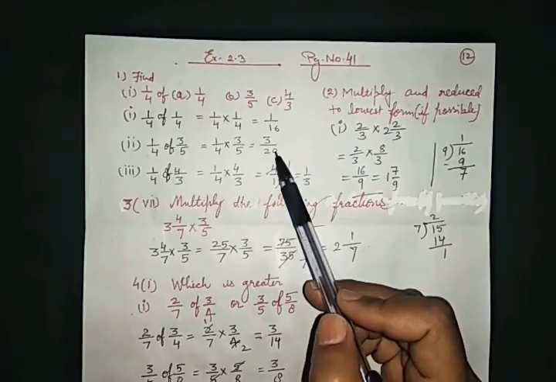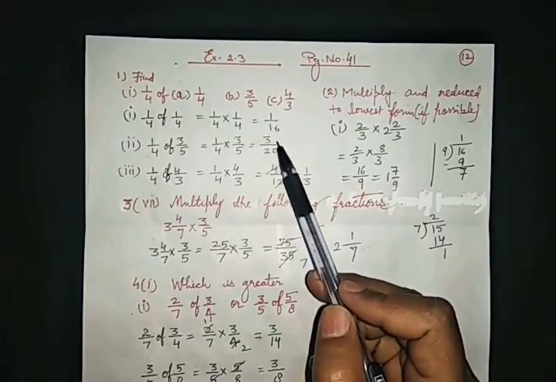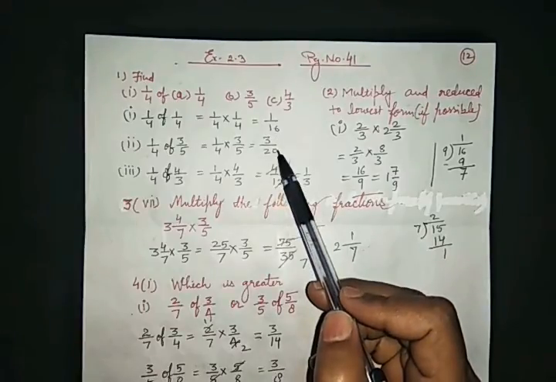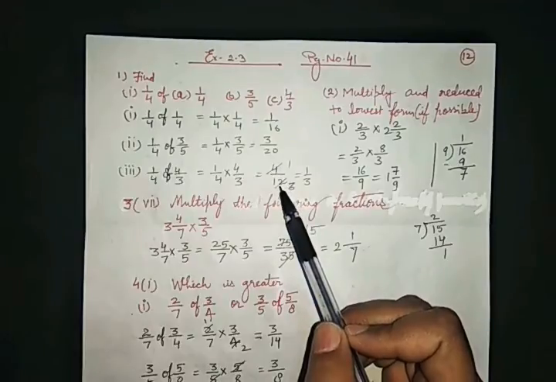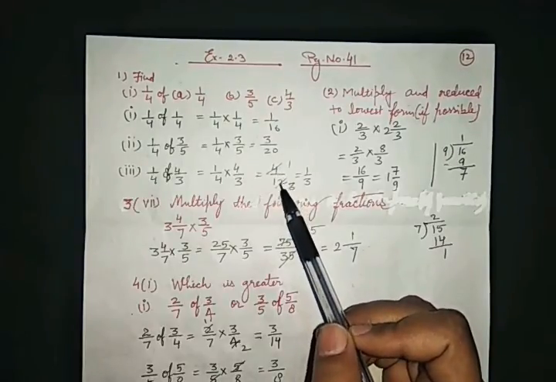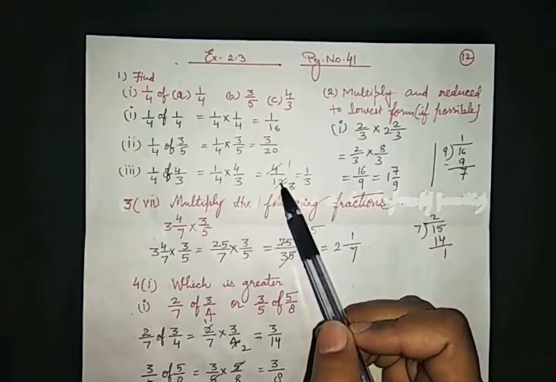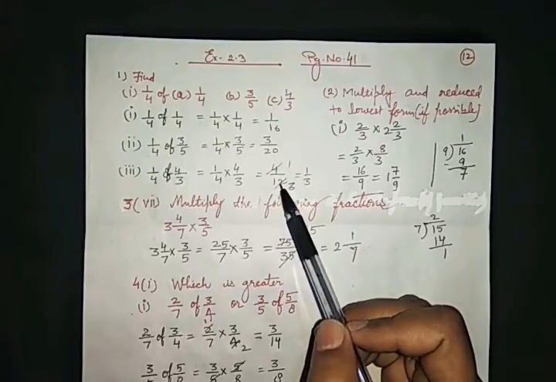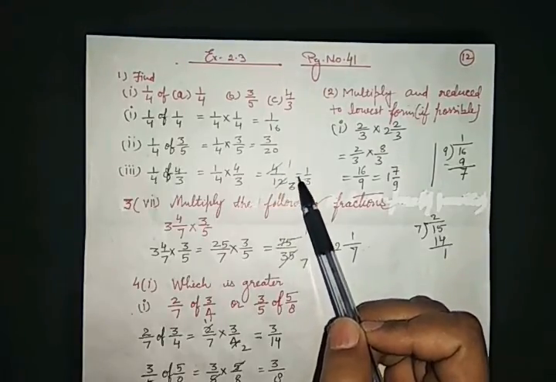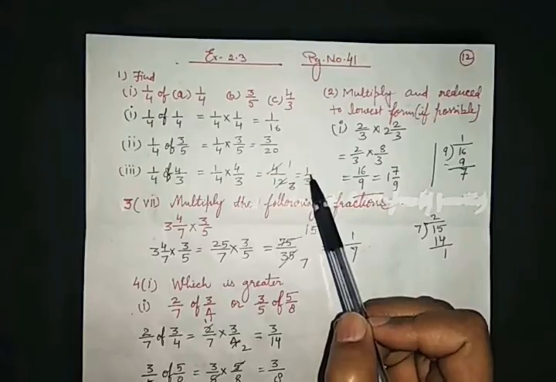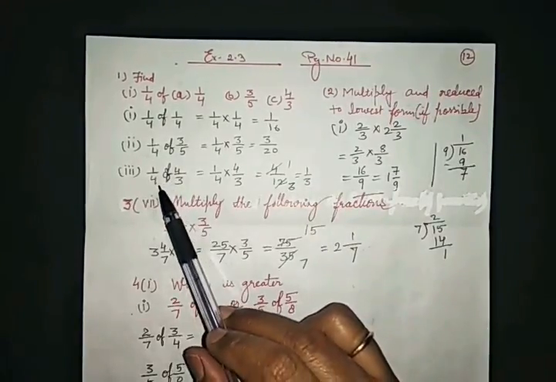In these two parts you have seen that we cannot reduce these fractions. But here what is coming? 4 upon 12. We can reduce it. It is in reducible form. So we will use the table of 4. 4 1s are 4. 4 3s are 12. Equal to 1 upon 3 is the answer of the third part.